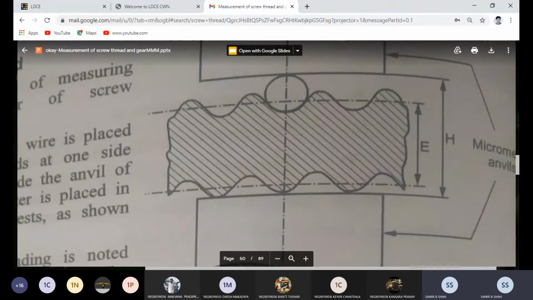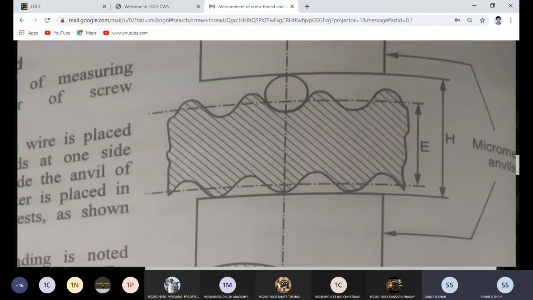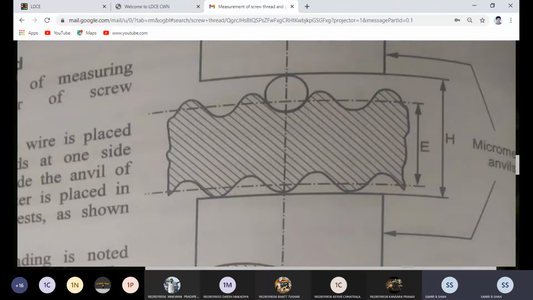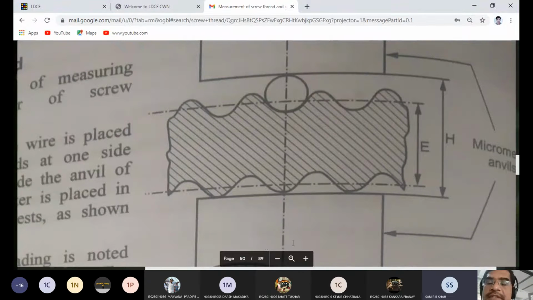Now I just put, this is the front view of the wire. This is called the wire diameter. Okay, that may already be known from our side. So we put that diameter, and we put the micrometer anvil also. Okay, and now what we have to do, we just measure this diameter. These two diameters, we are measuring with the help of a standard gauge, so that we are getting the dimension directly with the standard gauge.